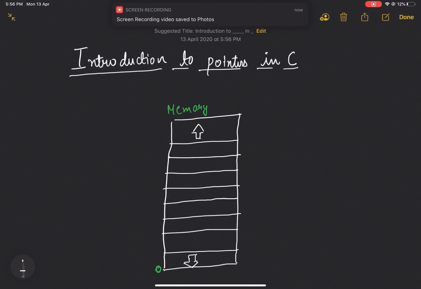Everyone, in this lecture we will discuss pointers. Pointers is a very fundamental and important concept in programming, but beginner programmers find it difficult to understand. In order to understand this lecture, all you need to know is how to write a simple C program, how to declare a variable and how to apply arithmetic operations on those variables.